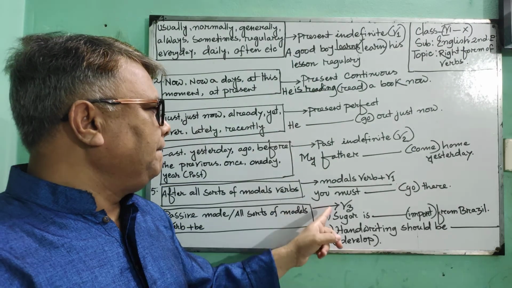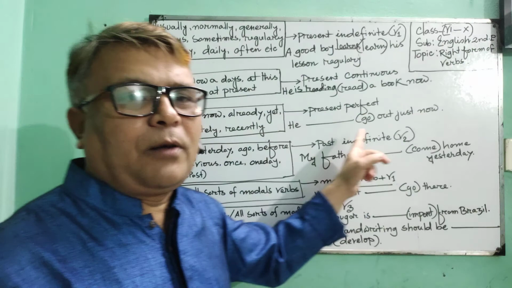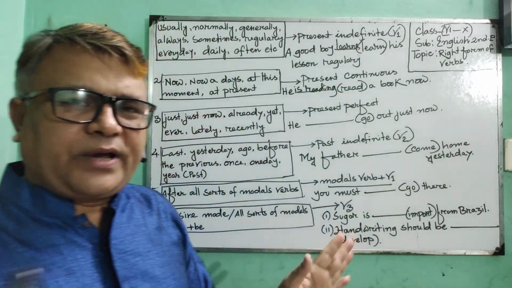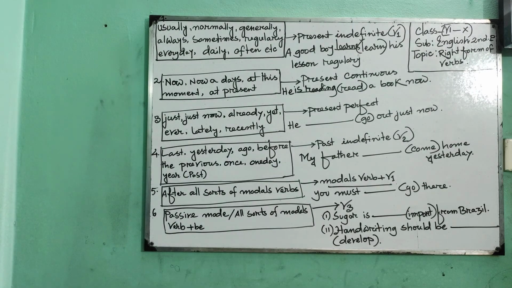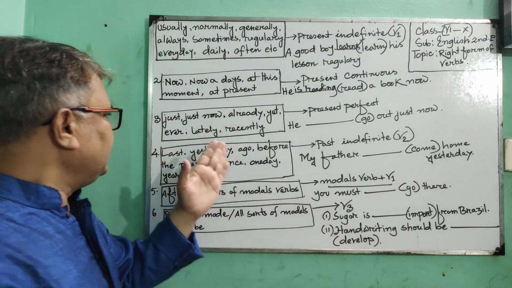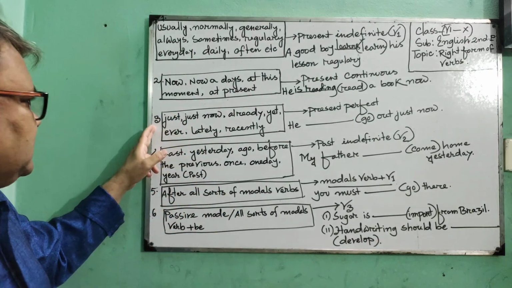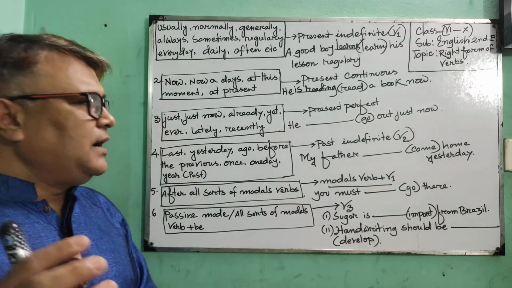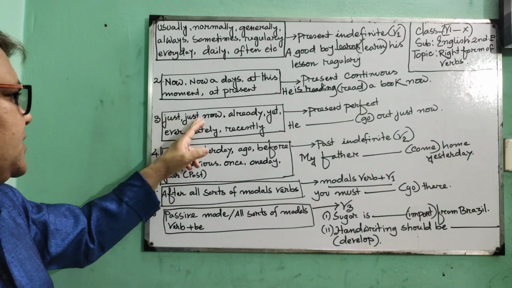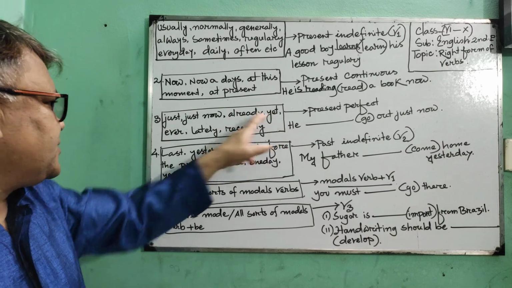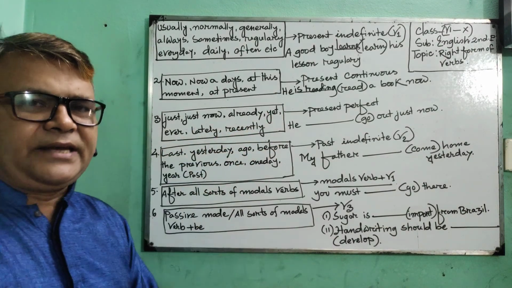Then you have to make the right form of verbs. It's okay? Okay. My dear students, now look at rule number 3. Dear learners, if you find just now, already, yet, ever, lately, recently, in any sentence,